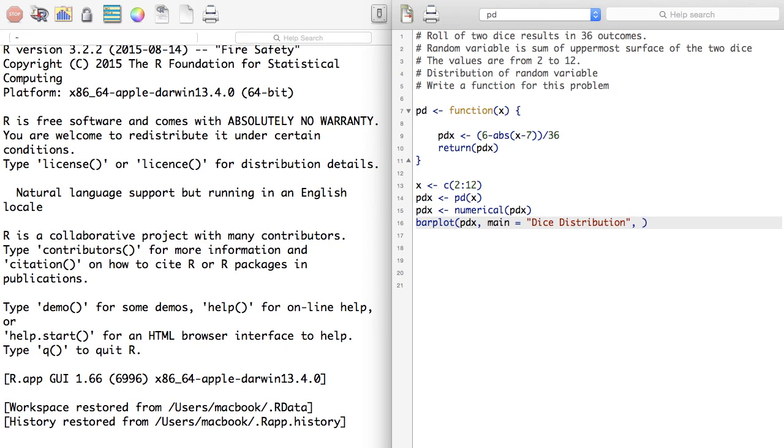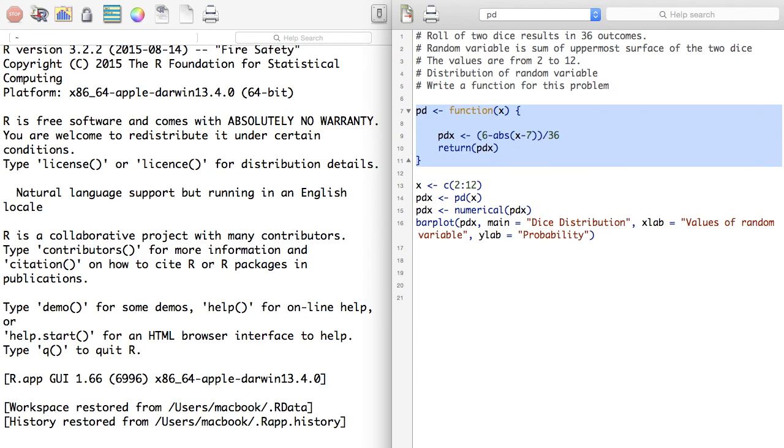The label x lab, the label of x axis is values of random variable, and label of y axis, y lab, is probability. Okay, so I now run each of them.